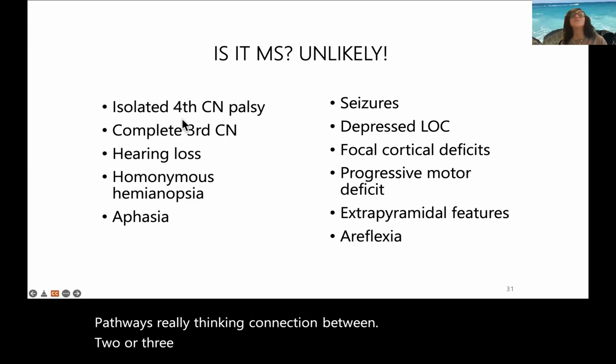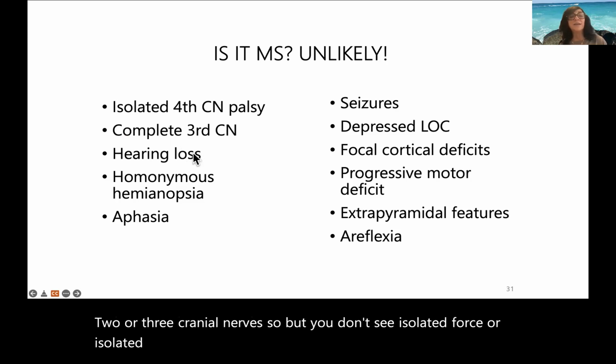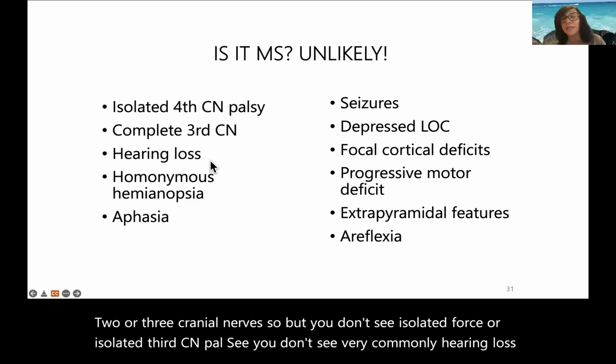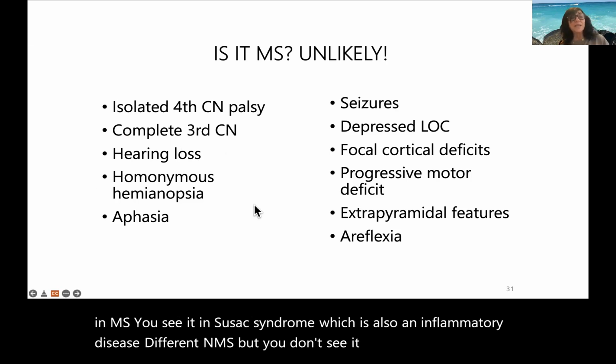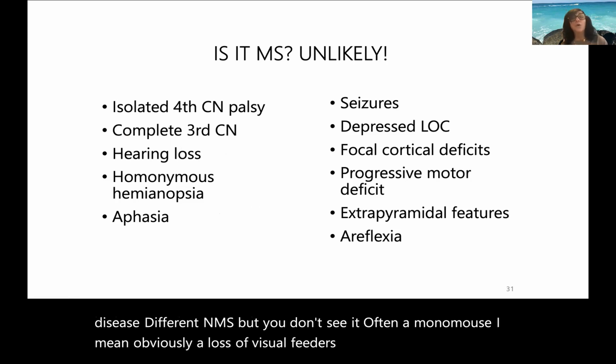But you don't see isolated fourth or isolated third CN palsy. You don't see hearing loss very commonly in MS. You see it in Susac syndrome, which is also an inflammatory disease, different from MS, but you don't see it often. Homonymous hemianopsia, loss of visual field, as we see in strokes,